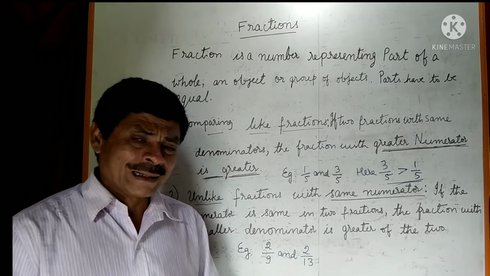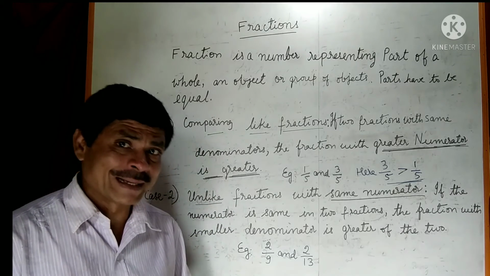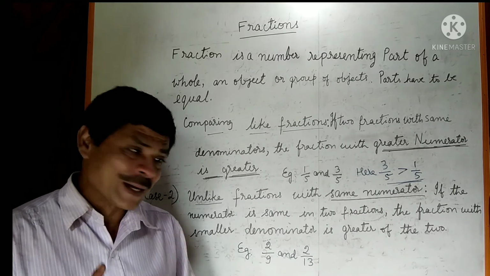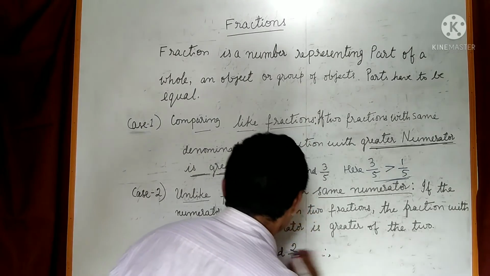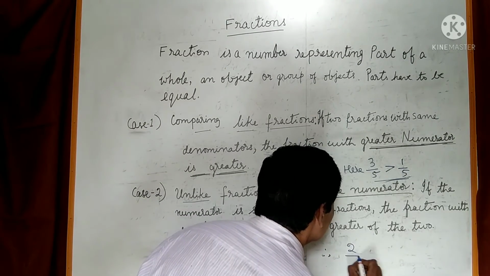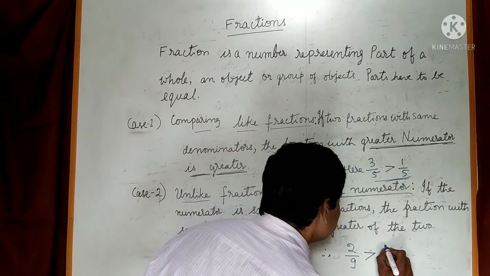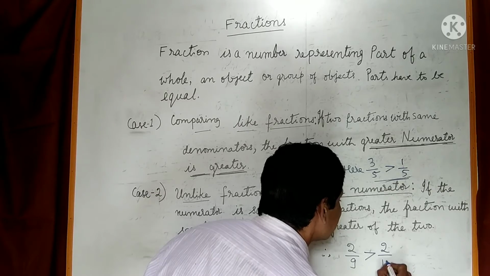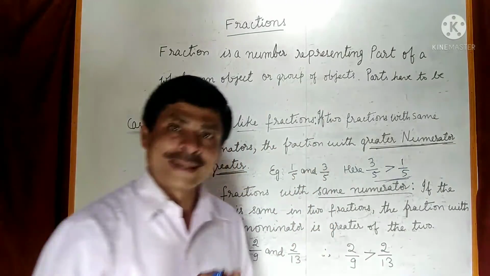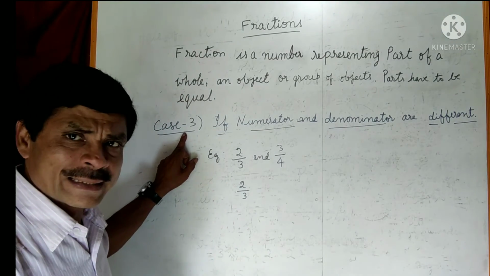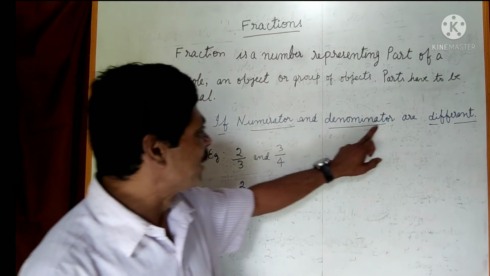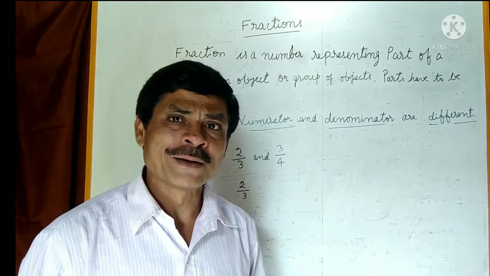Which is having the smaller denominator is bigger one. Therefore 2 by 9 is greater than 2 by 13. In third case, numerator and denominator both are different for